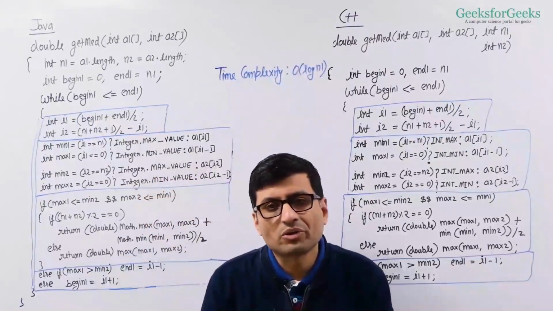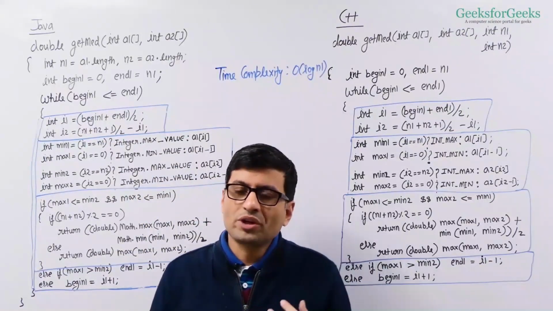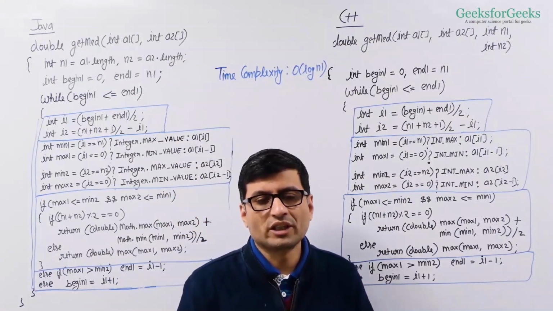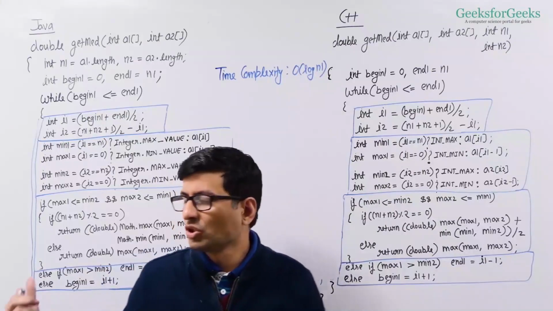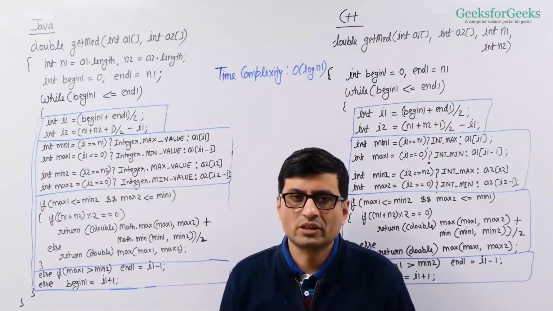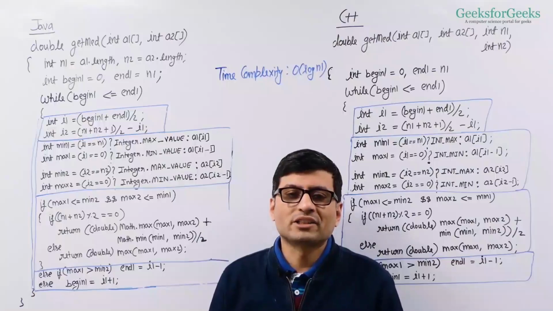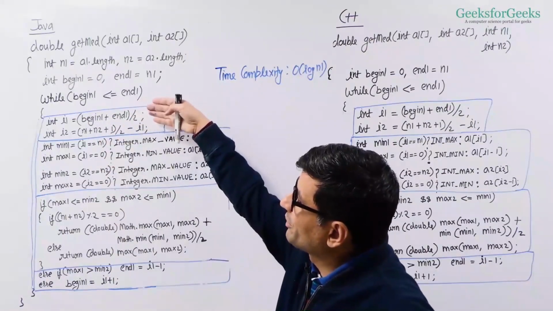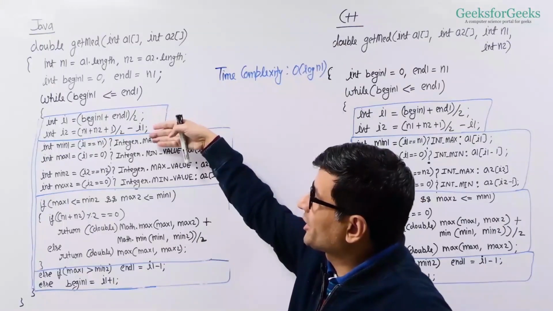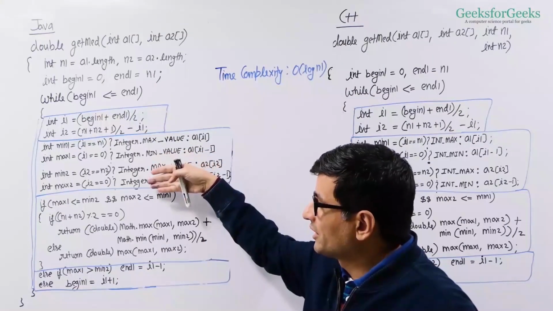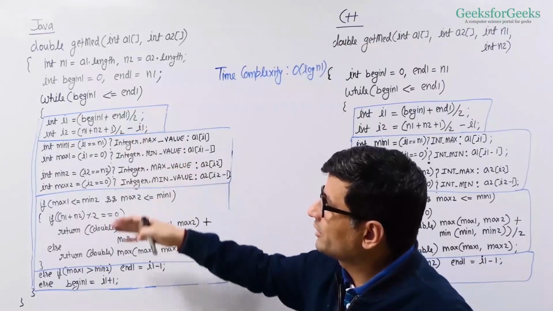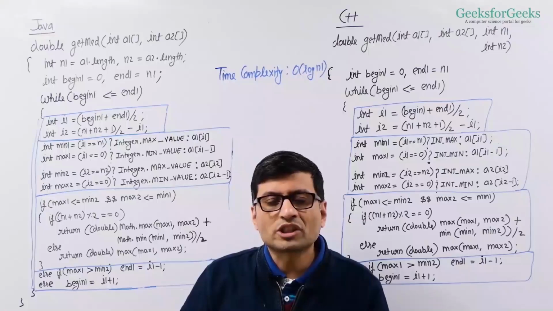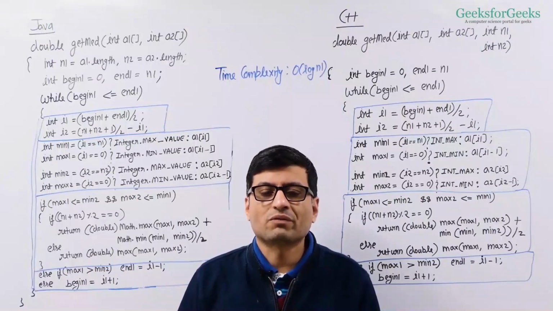Let's now quickly talk about the time complexity. We are doing binary search in array A1, and for every element that we search in every iteration of this loop, or this loop in Java, we do a constant amount of work, right? We do some comparisons, find out the min and max of a few values, dividing by 2, then doing subtractions, additions, and then some more comparisons. There are no loops inside this while condition. So all that is constant work, and using a constant amount of work, you decide whether you have found the median